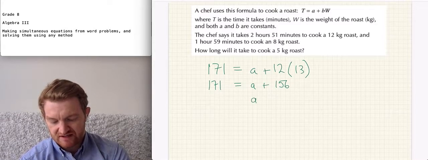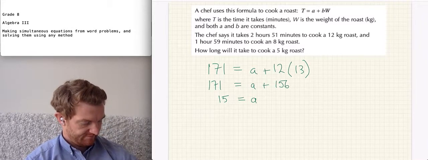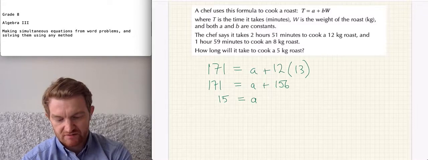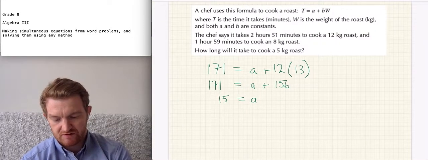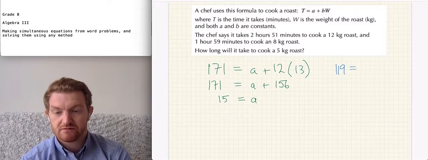And then subtract that from both sides, you get A is 15. So now we have A is 15, we put that into the other equation, which was 119 is equal to